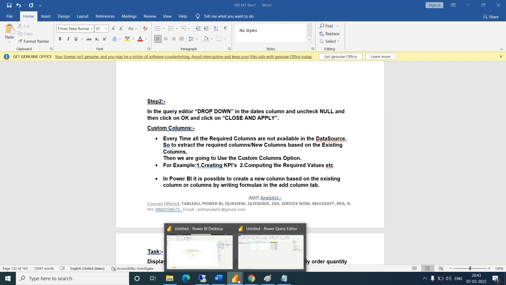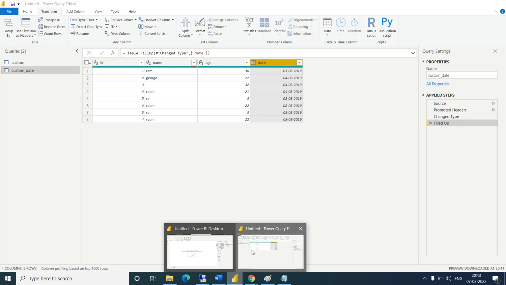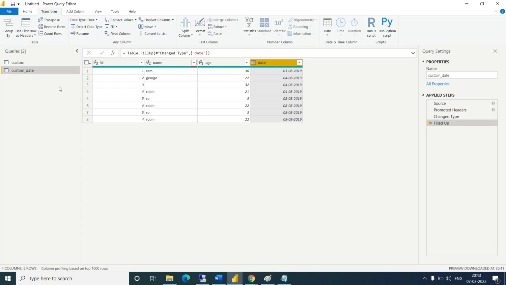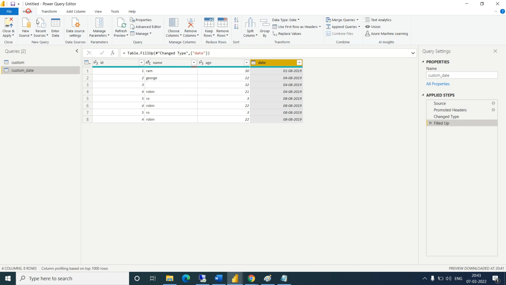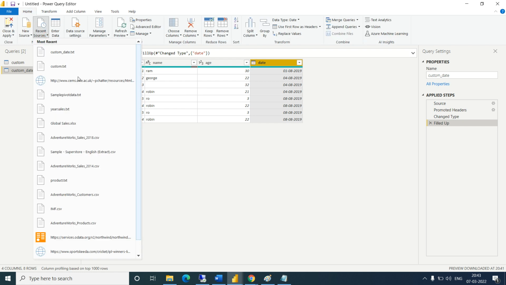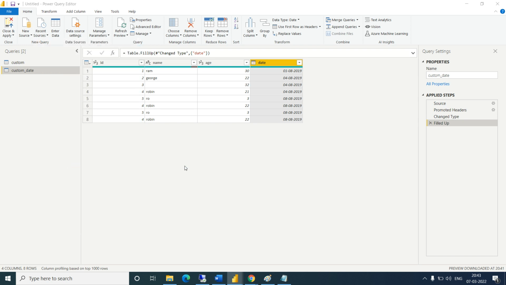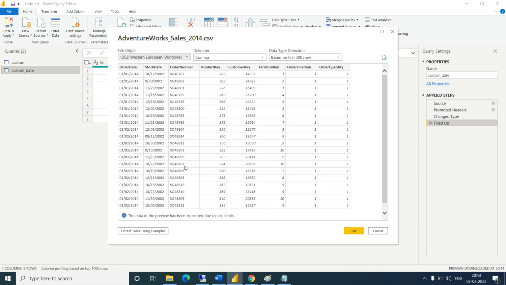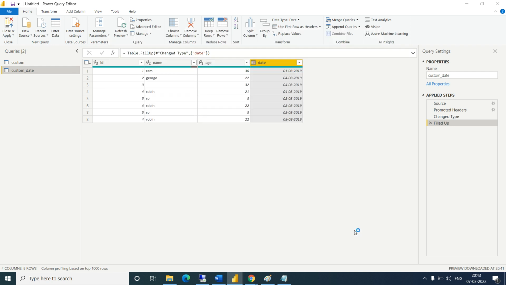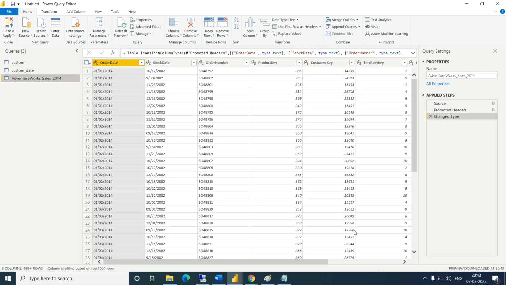Let me connect with one big data set. Let's connect with the Adventure Works sales data. When you connect with this file, you will get all the columns from the table.